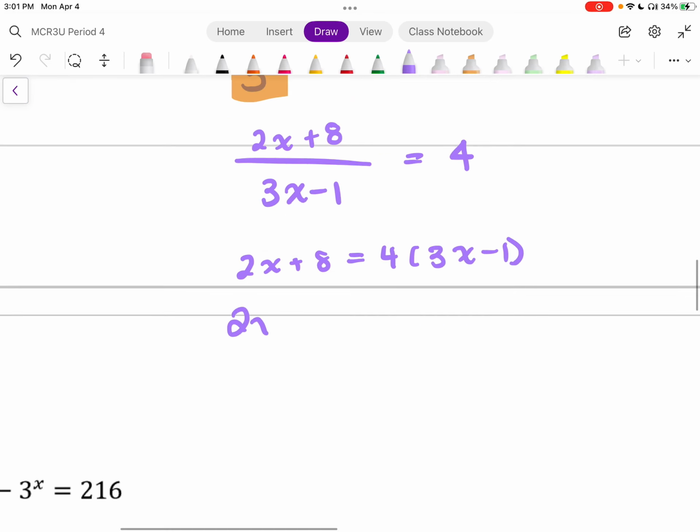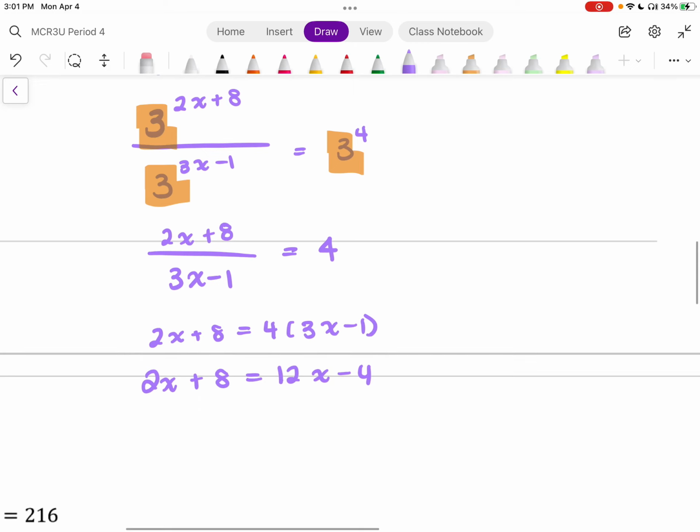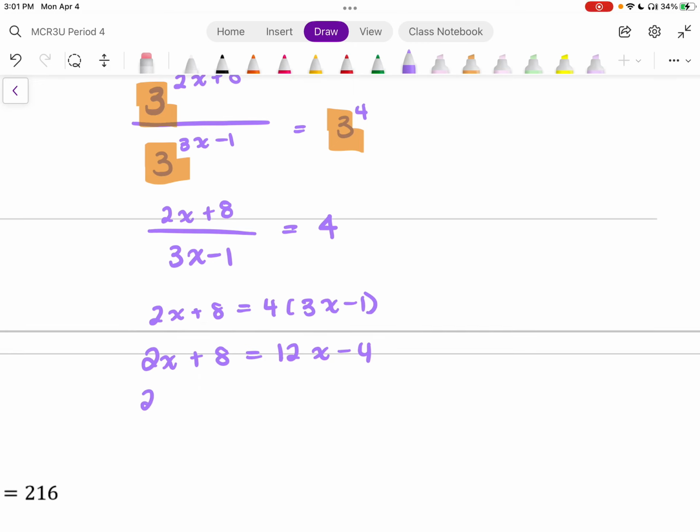Let's do the math here. Distribute that in. So I have 12x minus 4, right? And then I'm just going to collect my like terms. So I'm going to bring them all to one side. I'm going to take the 8 to the other side. So I'm left with negative 10x equals negative,